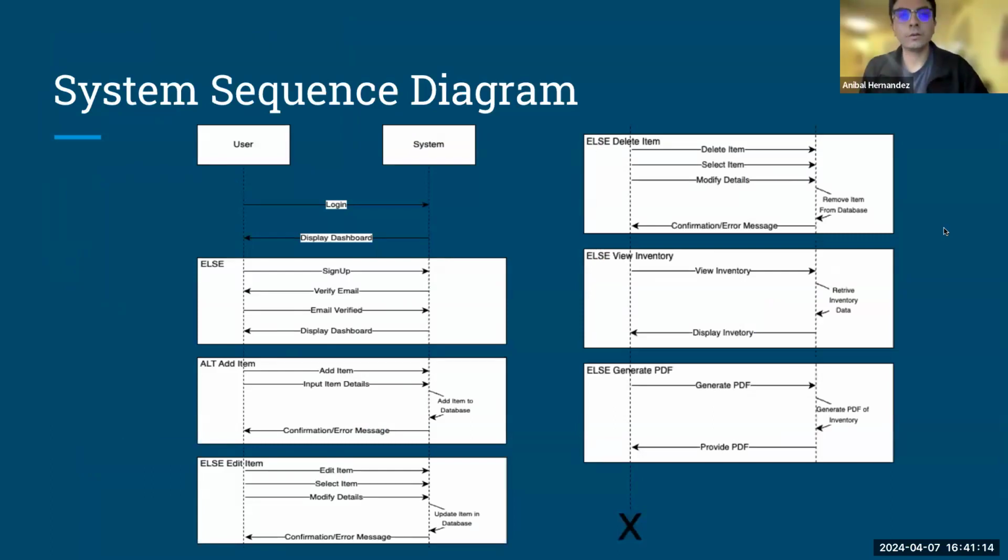Thank you, Mike. So here we have the system sequence diagram. Here we have our only two actors, which are the user and the system. We can see that when the user tries to log in and it's successful, then the